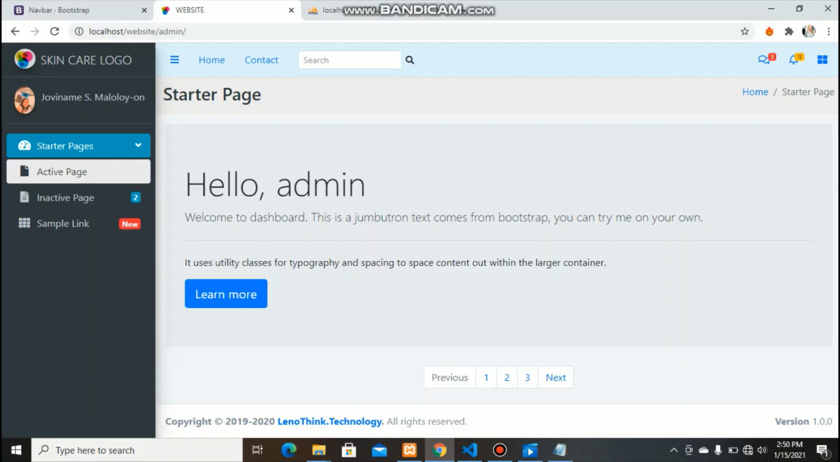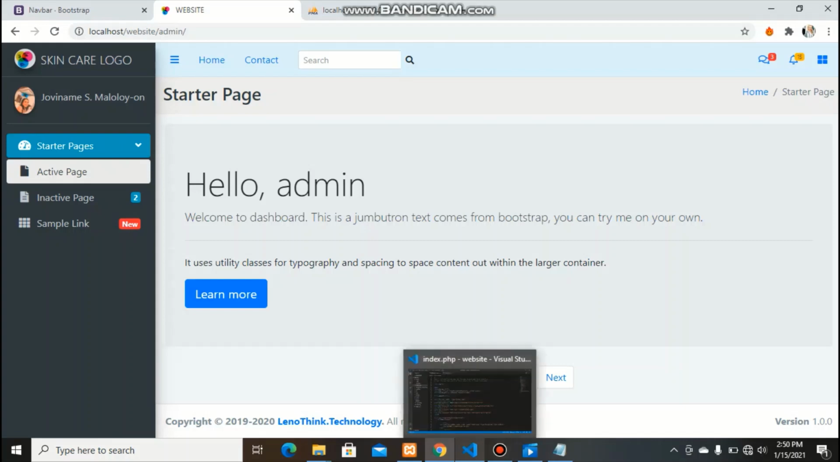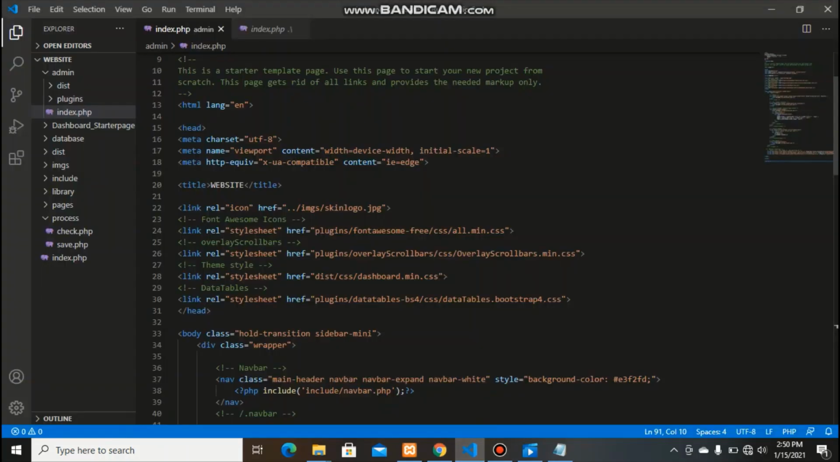Admin is a design only. So where to start? This is the starter page of the dashboard for the admin. So let's go to the admin